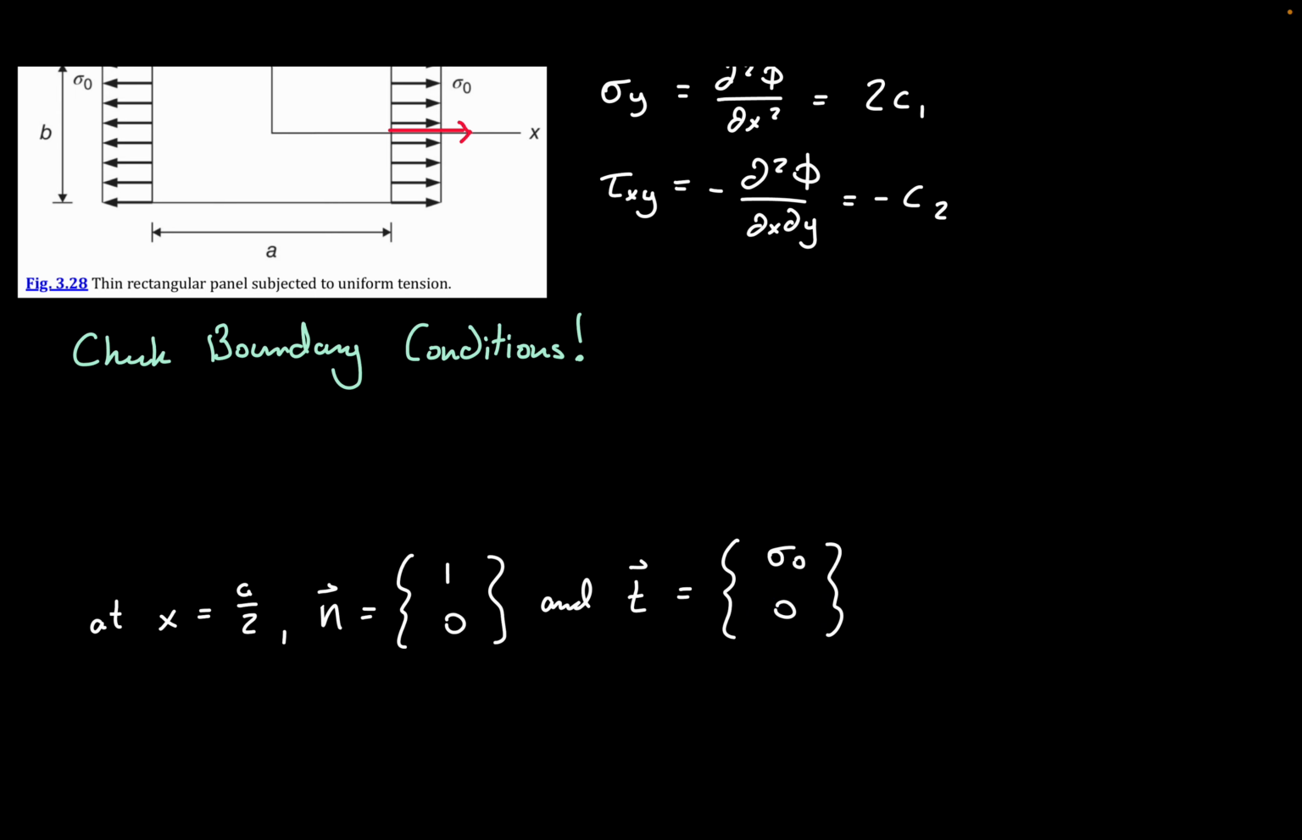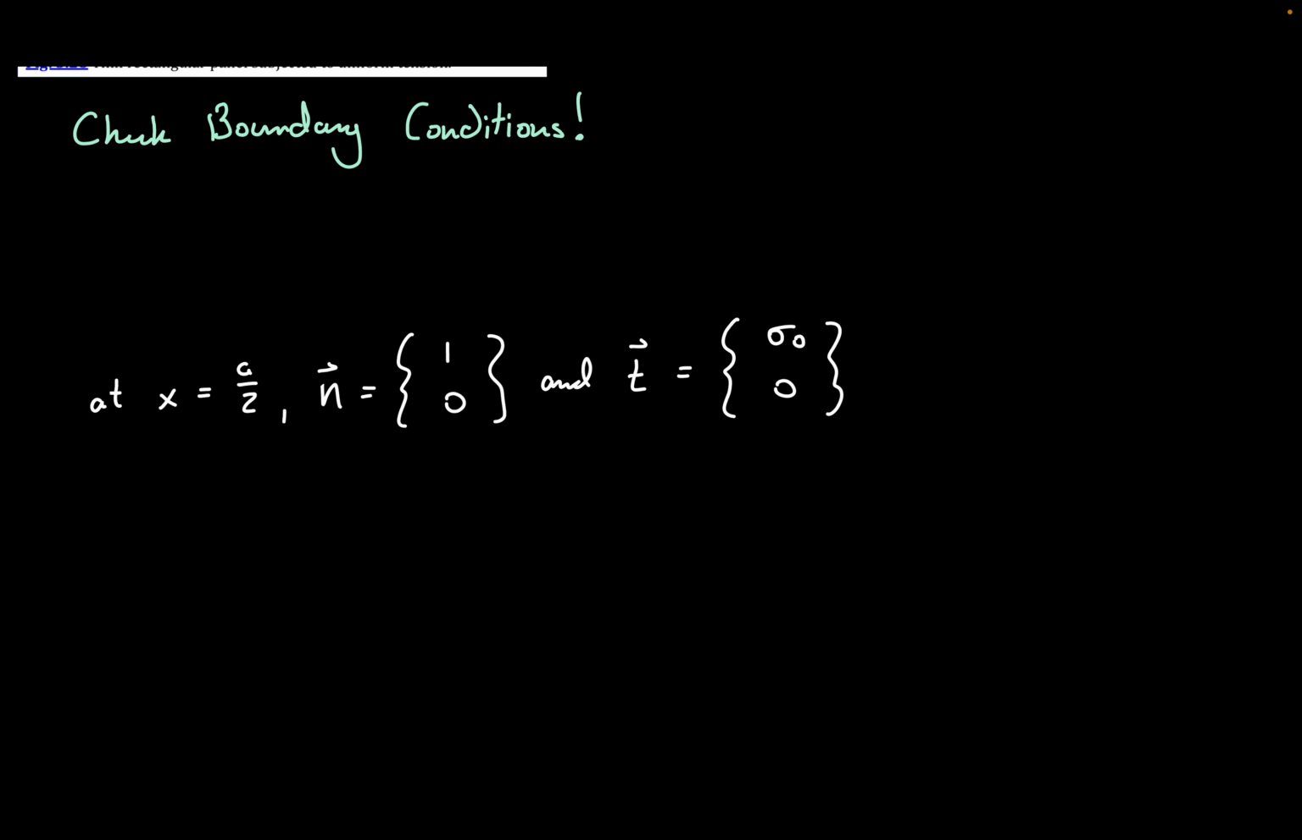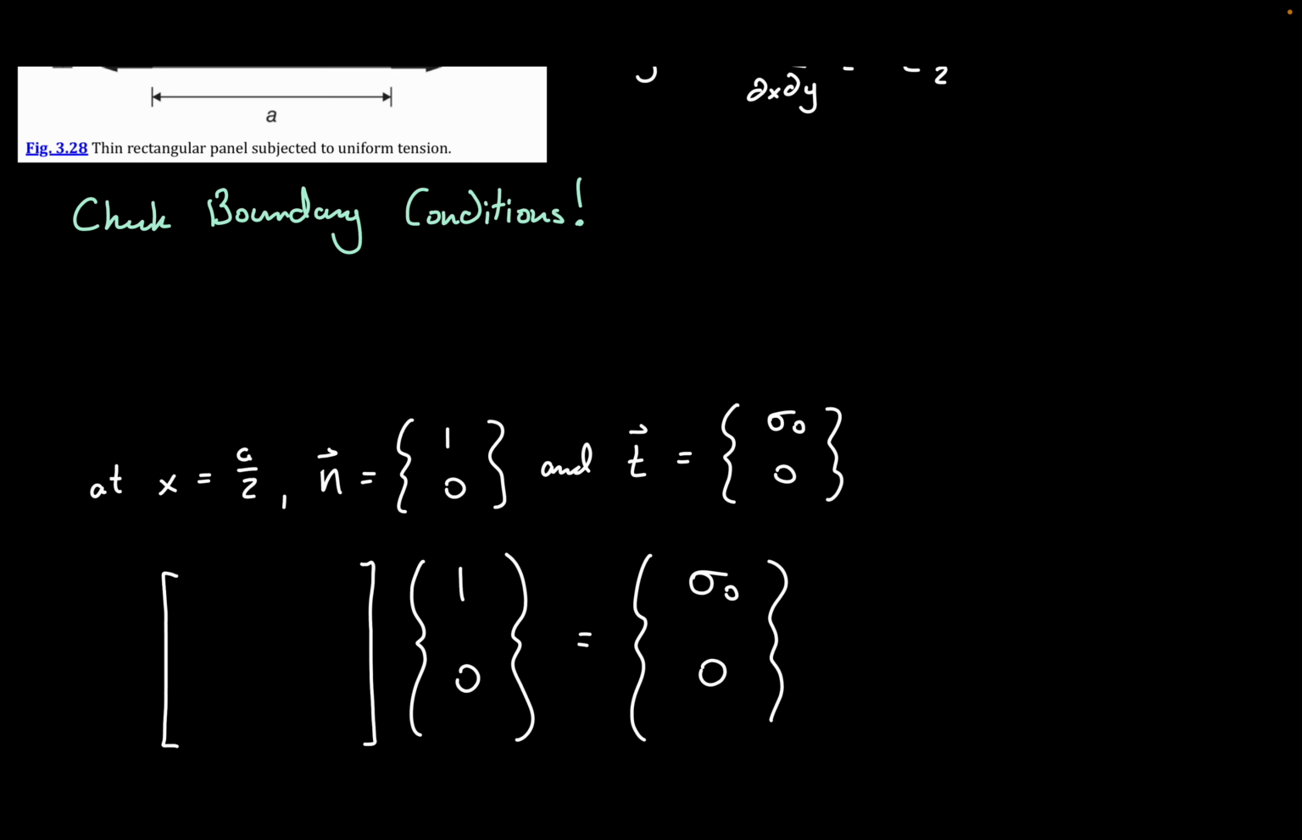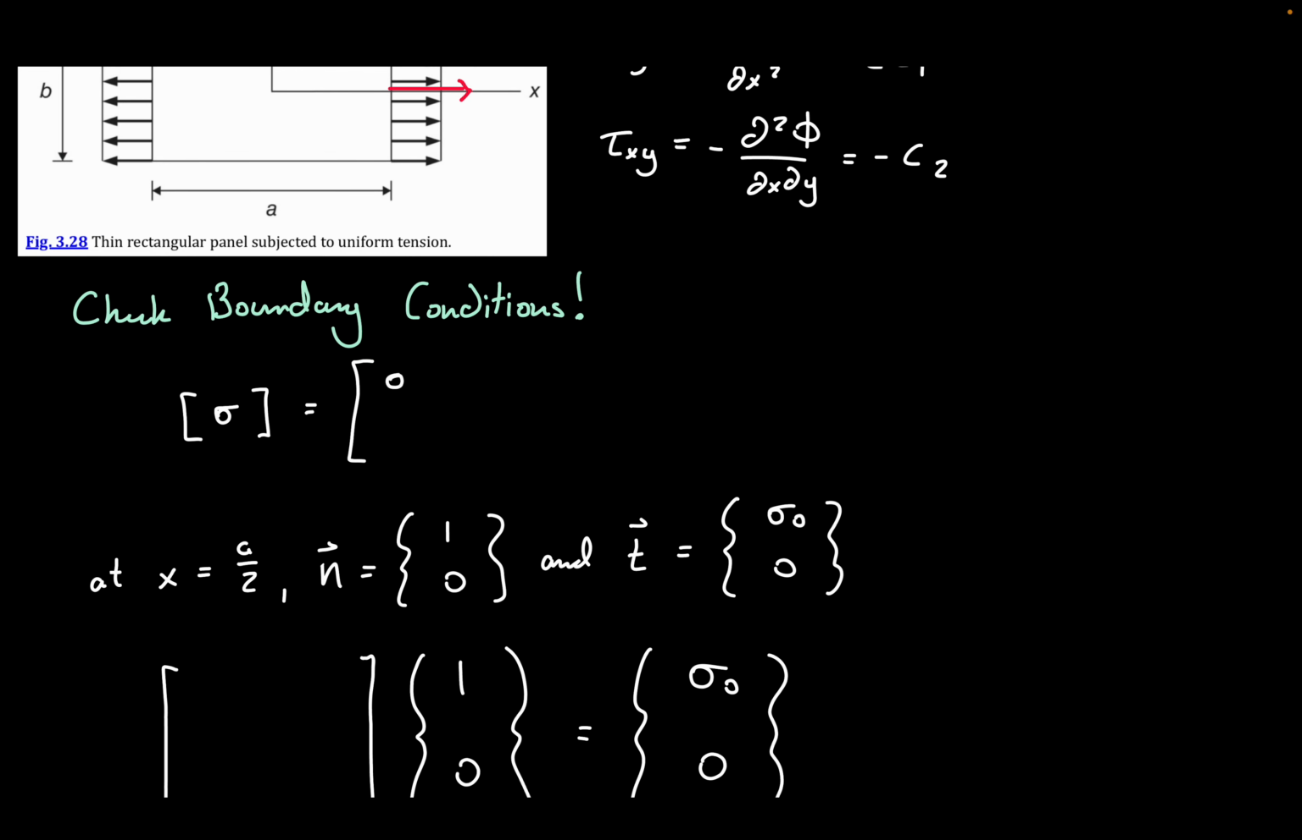And now what we can do next is we can use Cauchy's equation, where we have some stress field times our normal vector, 1, 0, and that's going to equal our traction vector, which in this case is sigma naught, 0. Now, this stress field, you can write that above here as sigma. That is going to be equal to sigma x, tau xy,